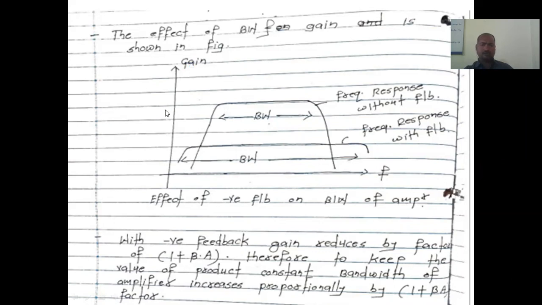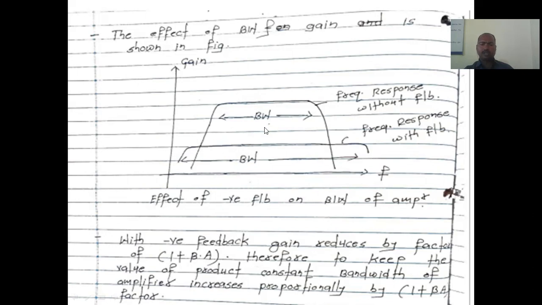See, in this case, it is more. In this case, it is less. But one of the other things, with respect to bandwidth, is that it should increase from here, and from here also it should increase. So the concluding thing with respect to this type of reduction of the gain and the bandwidth is that, see,